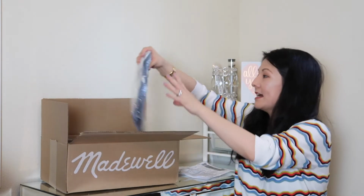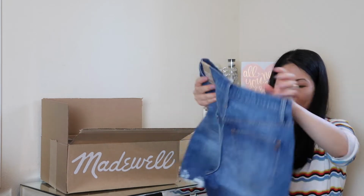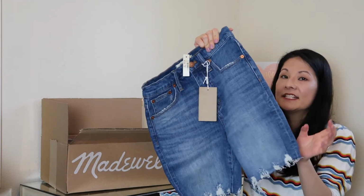Okay, so next I have a pair of shorts. It's a high-rise mid-length denim shorts. So this one is in a size 24. It's the Irwin wash. It retails for $70, and I paid $14.99 for it. Oh yeah, this is fun. Size 24. It's kind of a longer, almost Bermuda-ish type of length, which I think some people are looking for,